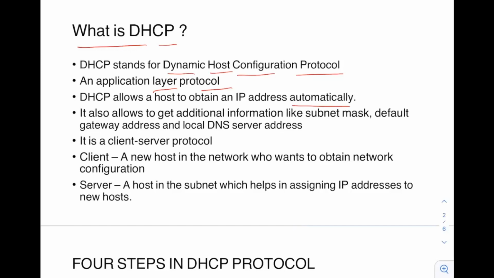When you are entering a new network, by network I mean a computer network, it may be your office network or your hostel network or your home network, and you want to connect over the internet. You may either connect over Wi-Fi or use a LAN network. Let's say you have a device, it may be a mobile device or a laptop. And when you are entering this network for the first time, that's important. In order to connect with the internet, you need an IP address, a gateway address, a DNS server address, and a subnet mask. I mean your system needs them.